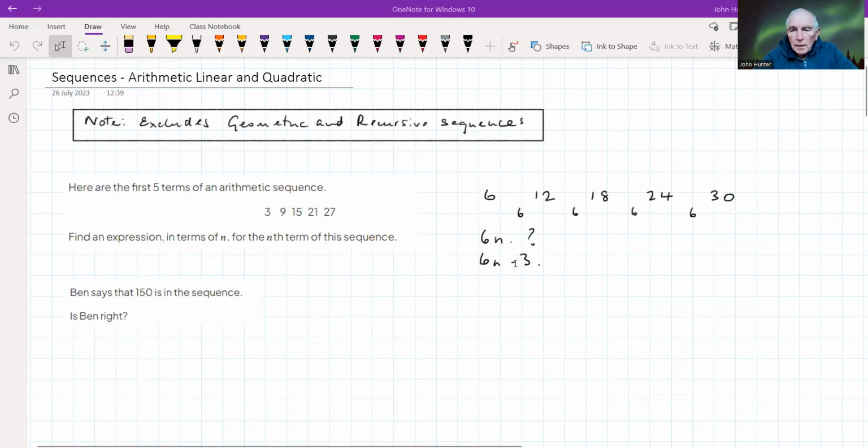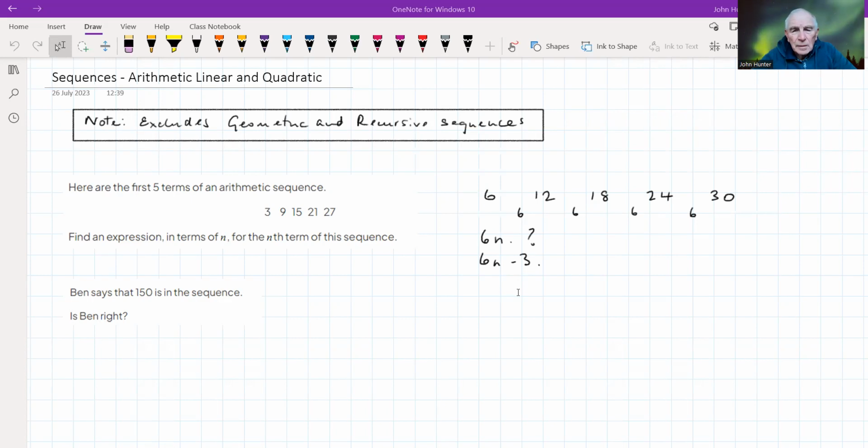Okay, this is a video on sequences. Going to cover both arithmetic linear sequences and quadratic sequences. Not in this video geometric or recursive sequences. See another video for that. This is useful for GCSE, certainly the arithmetic linear,